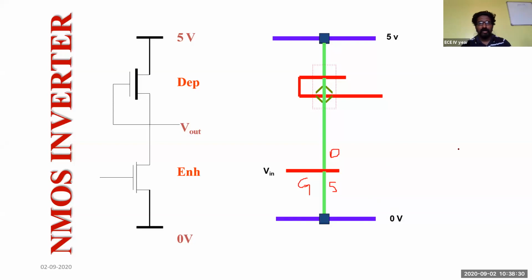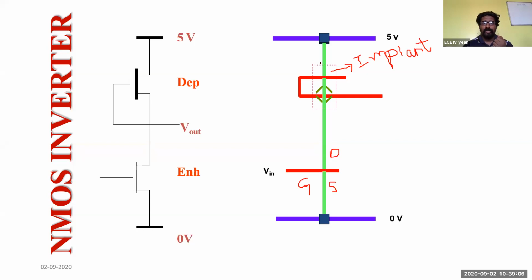And here for the depletion, you can see that for the depletion, always make sure that you draw this as well. It is called an implant, where the gate of your transistor will be connected to the source terminal of your transistor. So in the stick diagram, the polysilicon will be connected to your source terminal. Polysilicon is connected to the source terminal, and we have made one cross mark here. This means both are connected here.